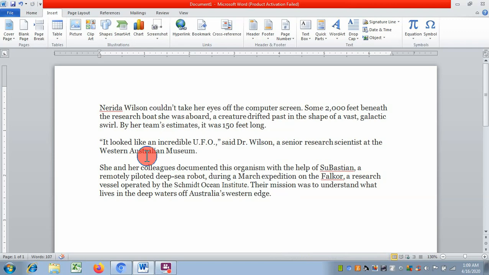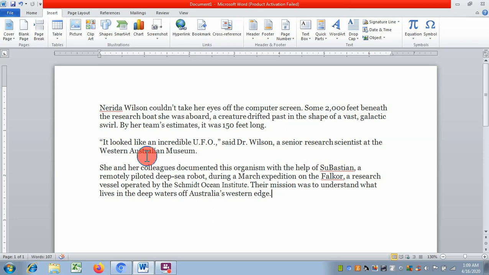So in the same document, the textual content can be categorized in different sections by using section break, and different portions of the content of the same page can be put into different pages by using page break. So we are supposed to use both these things, section break and page break.